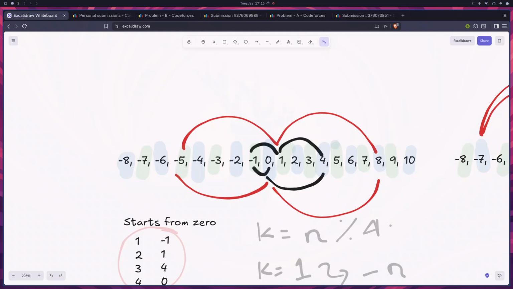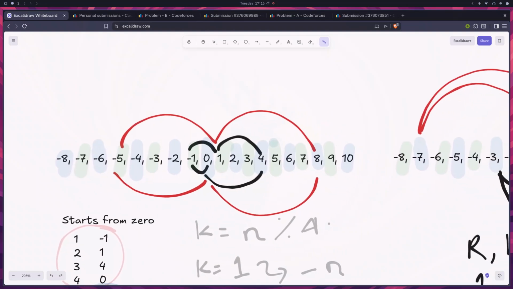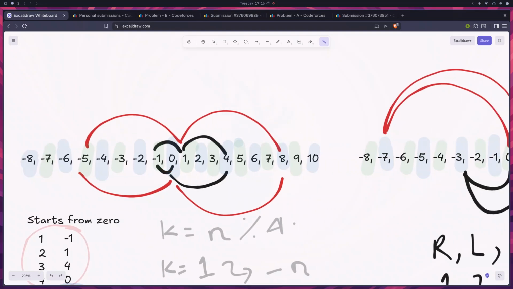So let's assume, what does this pattern depend on? This pattern starts from 0 and it moves towards the left from the beginning. Why? Because the 0th element is considered as even. I have color marked it. All the even elements are blue and all the odd elements are green. So it depends: if the initial position is even, then he'll move towards the left and this pattern will grow like that. If it was odd,